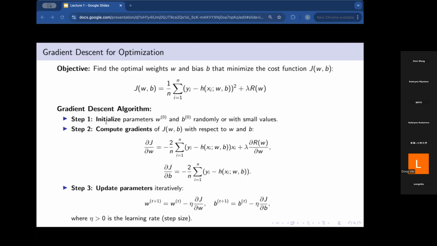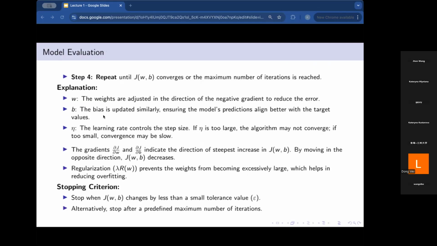Similarly, the bias b at time t plus 1 is equal to b at time t minus the learning rate times the partial derivative of J with respect to b. The learning rate eta is a positive value that determines the step size for each iteration. Repeat this process until the cost function J of w and b converges, or the maximum number of iterations is